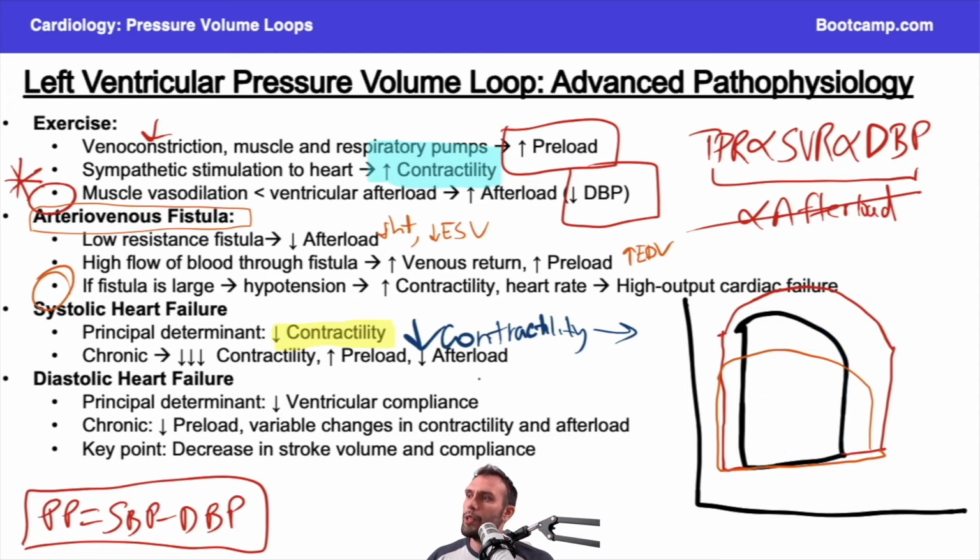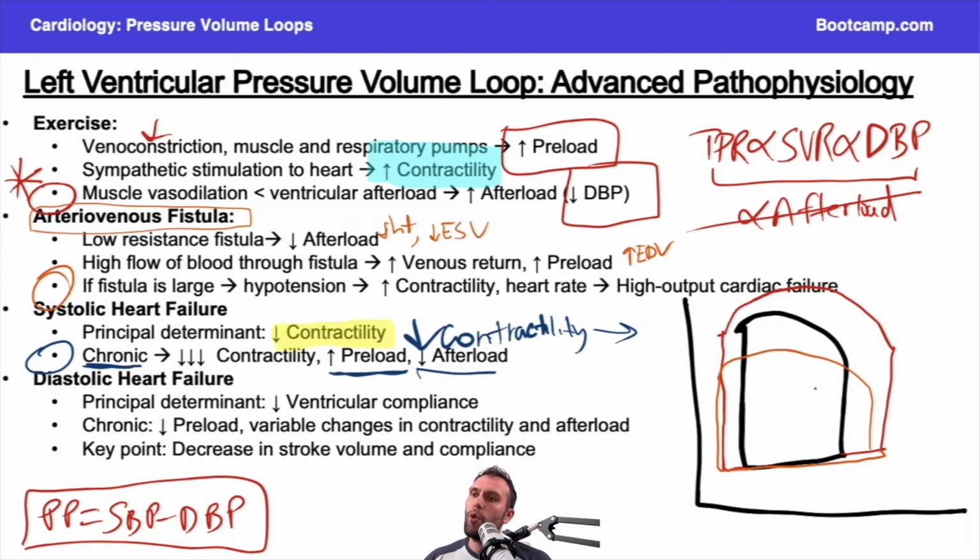However, usually when you get a question on systolic heart failure, you have to keep in mind, if it's a chronic condition, which it usually is in a board question, the contractility is going to be very, very low over time. And what happens is we have a backup of blood. And so that backup of blood is going to increase your preload because you're going to get more and more blood getting dumped into the left ventricle, but you can't really get it all out, okay? And so the body will try to compensate for cardiac output, and so over time, you'll also develop a decreased